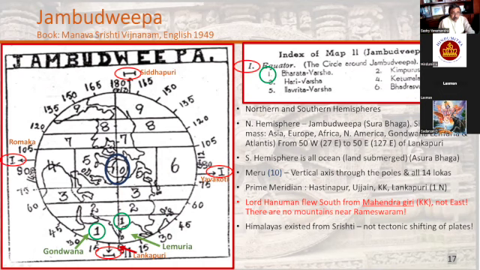And I think we've plotted it and decided it was at the intersection of the equator and the prime meridian. And I've labeled it here. And you can see the name here, Lankapuri. So, this is Lankapuri. So, we talked about this being a single landmass.